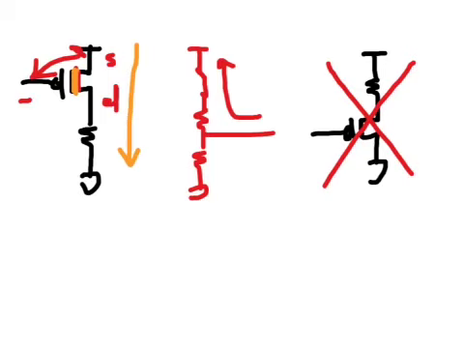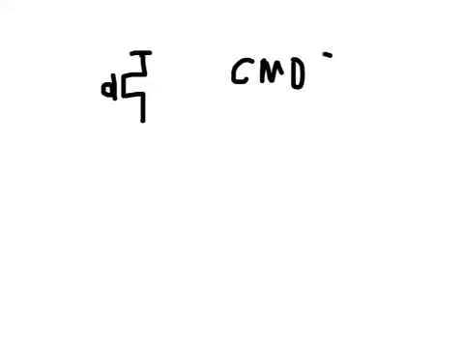This is of course undesirable because we are absorbing power while holding a state. So power is being consumed without doing any useful work. And this then leads to the idea of designing a complementary circuit called the CMOS,